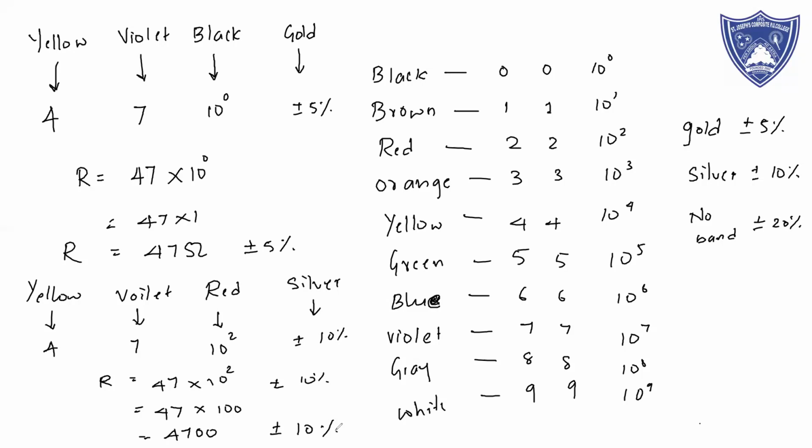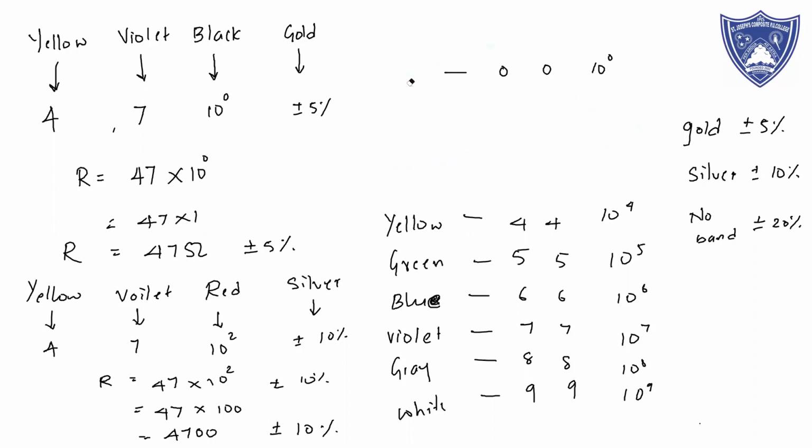Now, what does this tolerance mean? How to know the range? Tolerance is the range. So how to know the range, meaning which range this resistance 4,700 comes under? How to do that? Let me erase this. I'll show how to see the tolerance. So the tolerance is 10%. How do you calculate percentage in your mathematics? The same thing you should apply over here. So I'll show you.